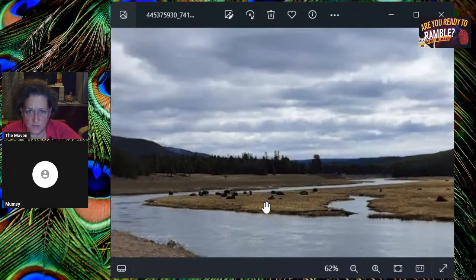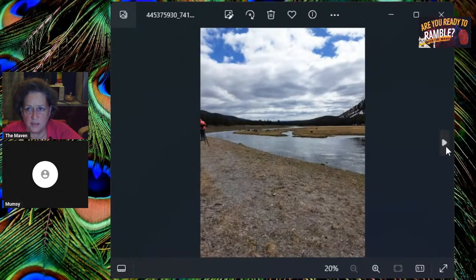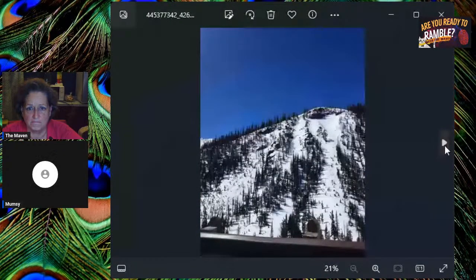Good. I'm glad that there's some place that they can live in peace. And this looks like a ski run. You know how they have an open space? Yeah, it does. I agree. But there wasn't a ski resort there. It just looked like that. I think that's in Jackson. So it could maybe be a ski run, but there's no chairs going up. But sometimes they could come up the other side of the mountain and the chairs could be on the other side. And then when you get to the top, you can go down on this side as well.